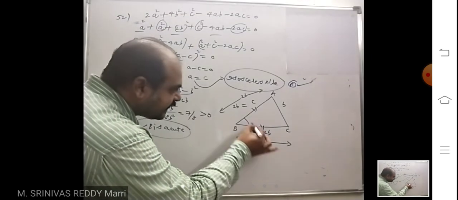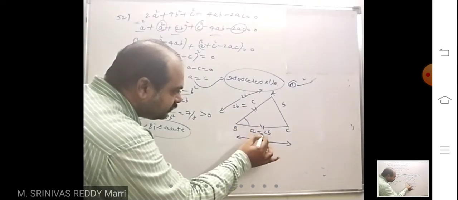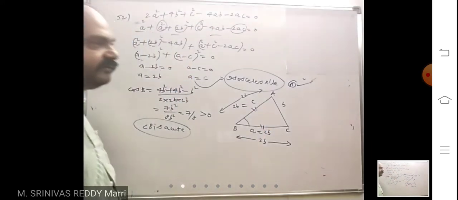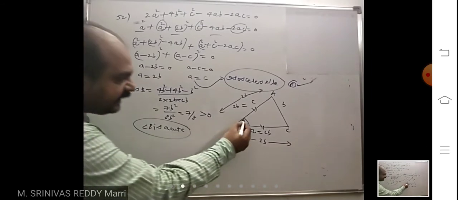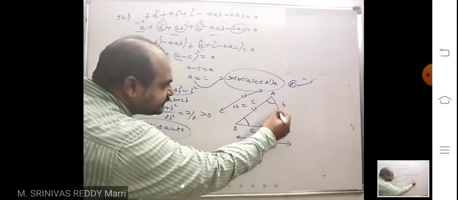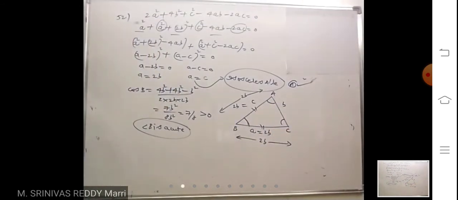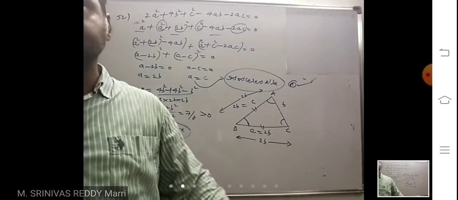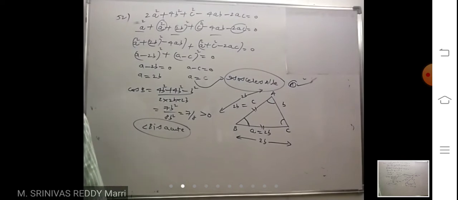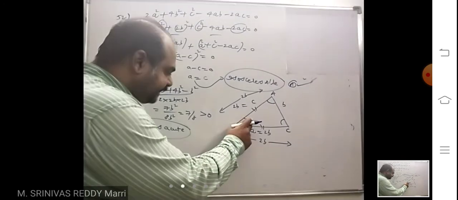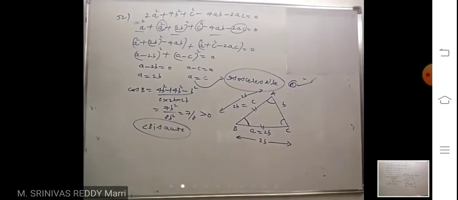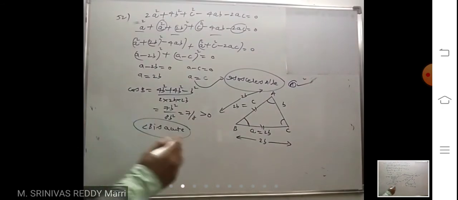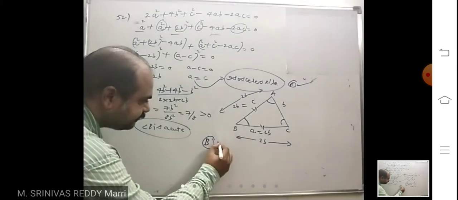So look at here. These are the equal sides. So in this isosceles triangle, this is one equal side. So this angle is acute means these angles cannot be obtuse. The angle between equal sides can be obtuse. The other angle cannot be obtuse. Therefore, it is not an obtuse angle triangle, so option B is wrong.